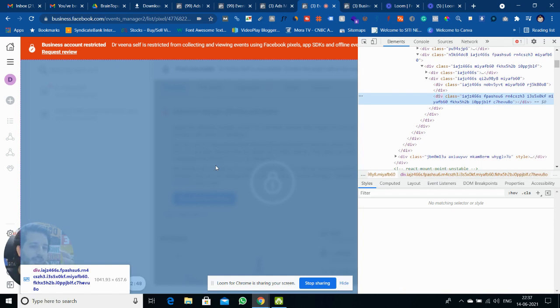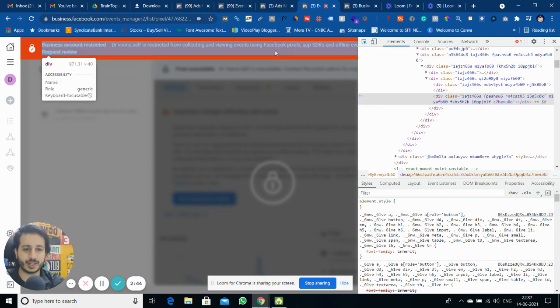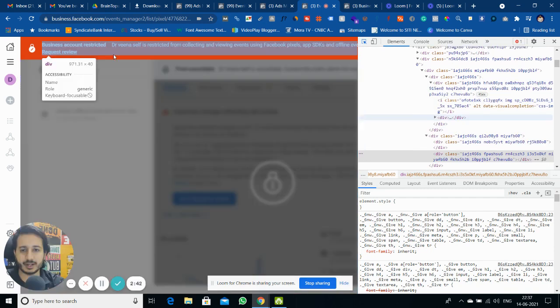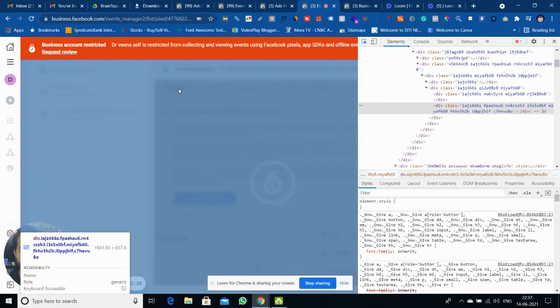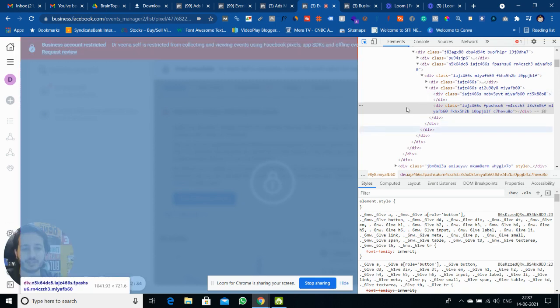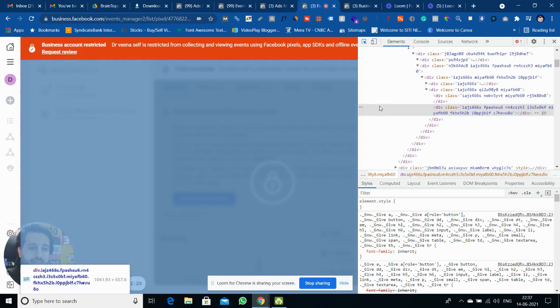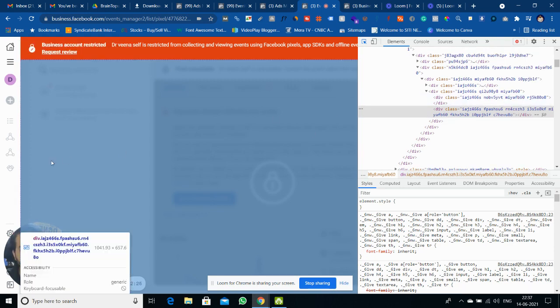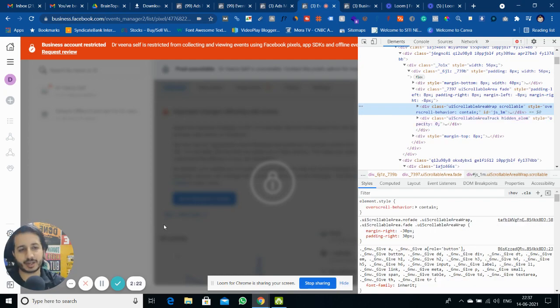Similarly, you have to remove all the elements. Let me show you, like this particular element, this complete red element. So we have to remove all the outer surfaces so that we can go inside and remove the events. So let me remove all the things and then I will get back to you, because I do not want to waste much of your time. Just give me a second. I will remove and come back again.